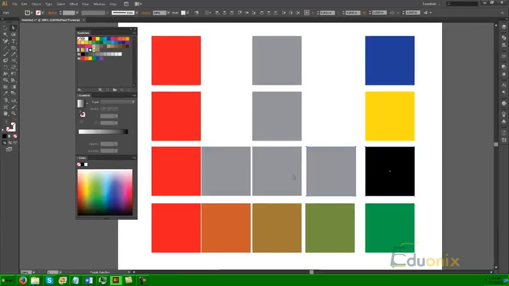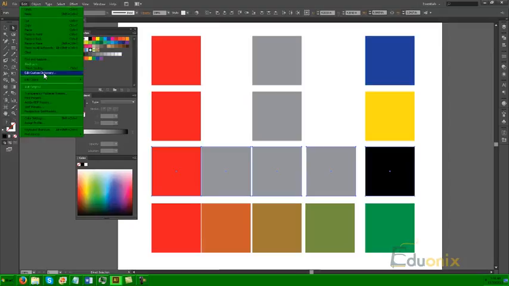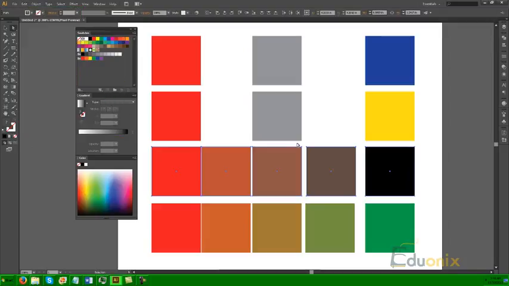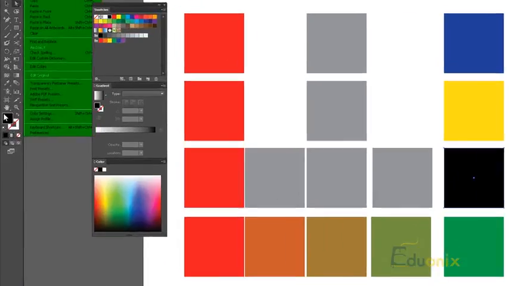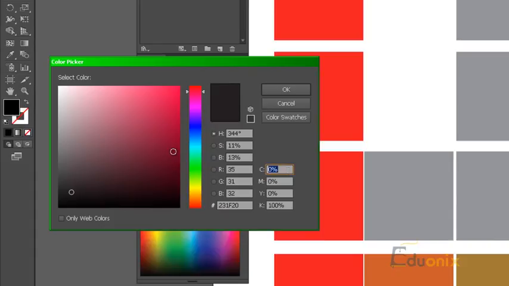Now right here, this black is not a rich black. So let's see what happens. Alright, now let's change it to a rich black, and let's see how it blends with that red. You can also hit Tab to get to different fields. I find it really easy when you're just